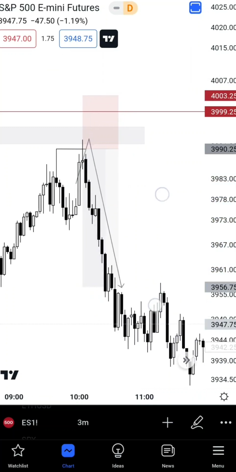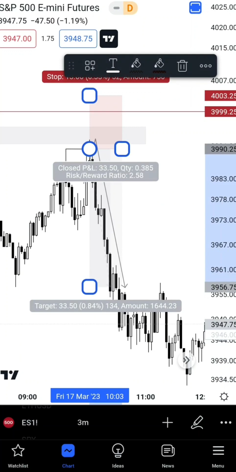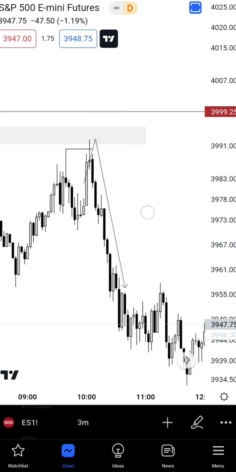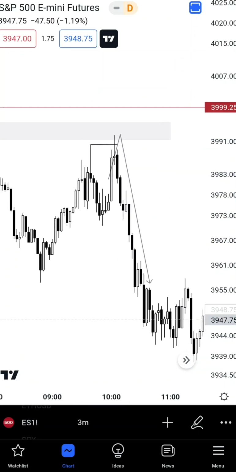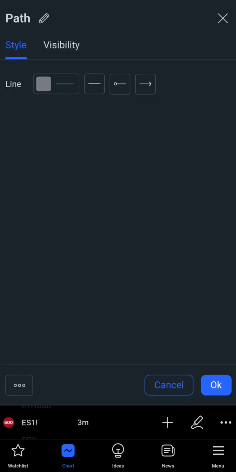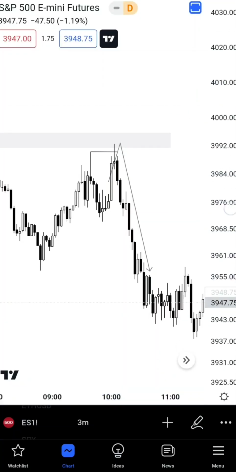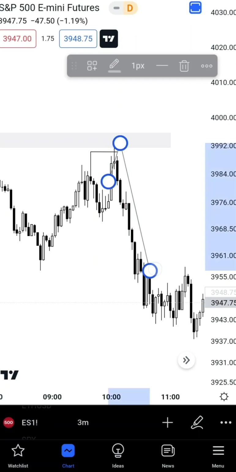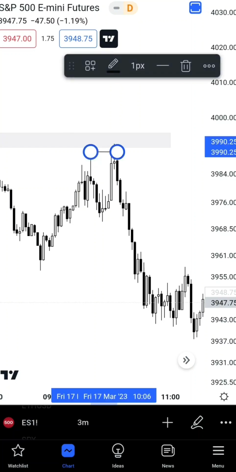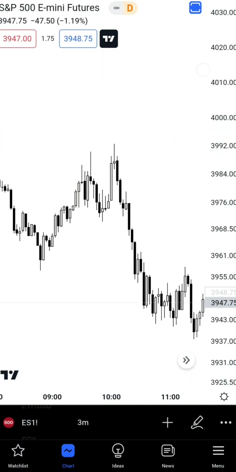But that's where the idea came from. That's where this arrow was born from. And price kept declining